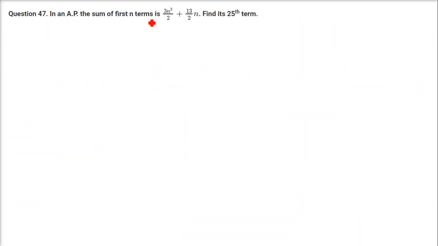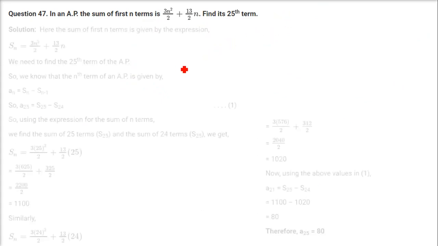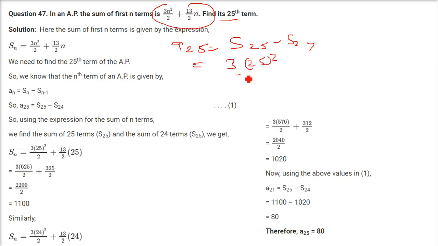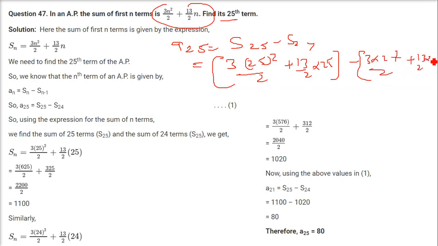In an AP, the sum of first n terms is this one. Find the 25th term. Exactly the same thing you have to do, but the other method can be, that is, A25 you have to find out. So A25 can be equal to S25 minus S24. So S25 will be what? Put 25 here: 3 into 25 whole square by 2 plus 13 by 2 into 25, and now 24 here, minus 3 into 24 whole square by 2 plus 13 by 2 into 24. So this you have to solve. You get it as